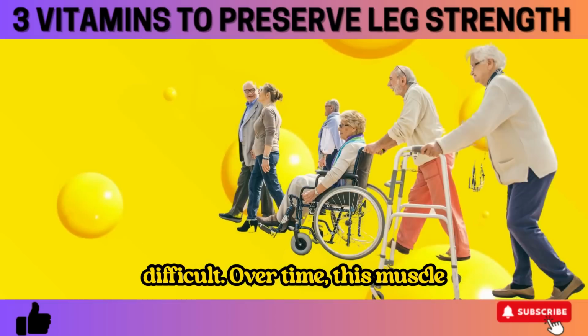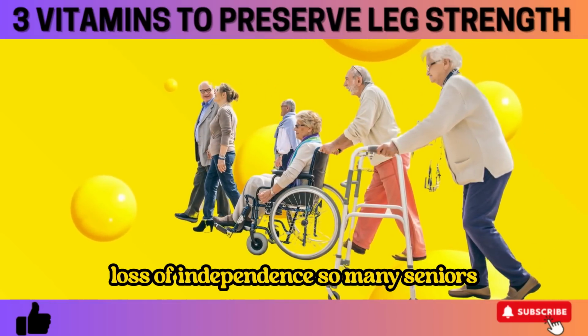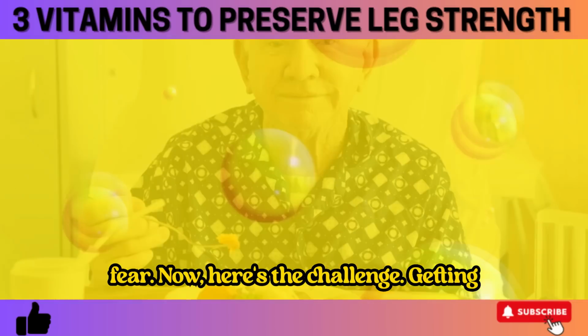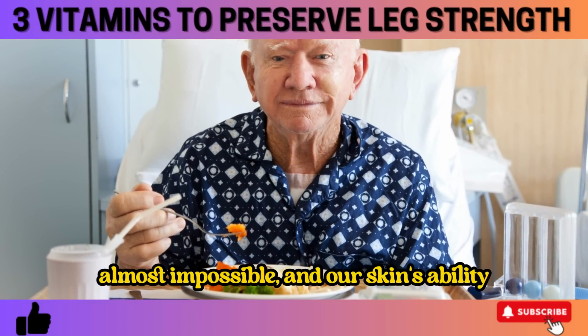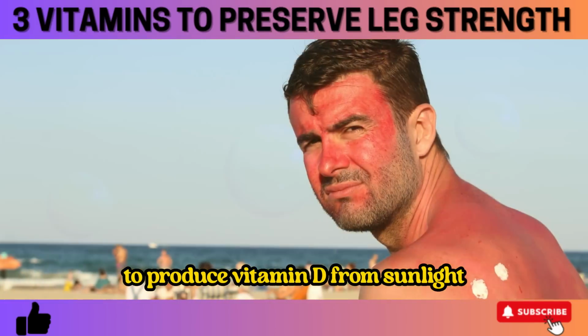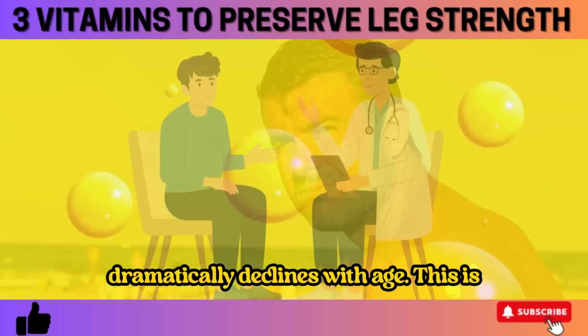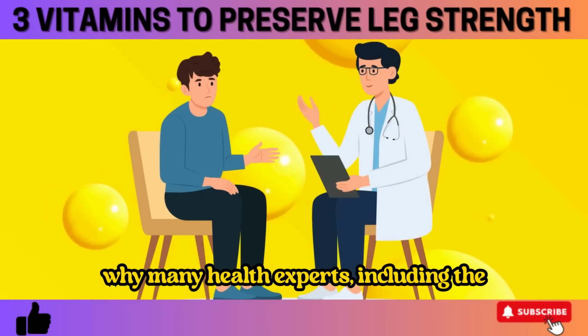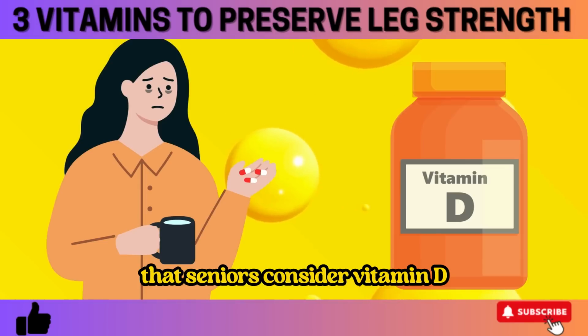Over time, this muscle weakness in the legs contributes to the loss of independence so many seniors fear. Now, here's the challenge. Getting enough vitamin D from food alone is almost impossible, and our skin's ability to produce vitamin D from sunlight dramatically declines with age. This is why many health experts, including the National Institutes of Health, recommend that seniors consider vitamin D supplements to